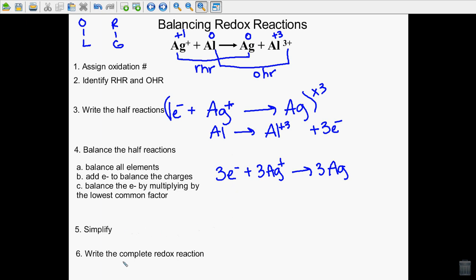Okay? So then now we just need to write the complete redox reaction. So I'm going to combine my 2 equations. Plus 3 Ag+ plus my aluminum, because that's on the reactant side. And then 3 Ag,